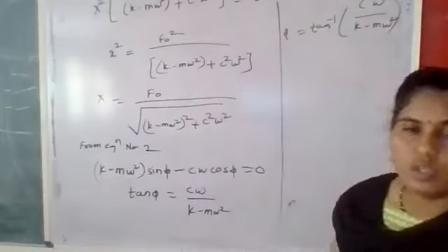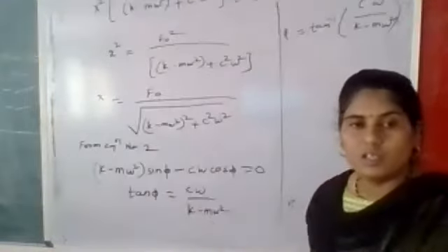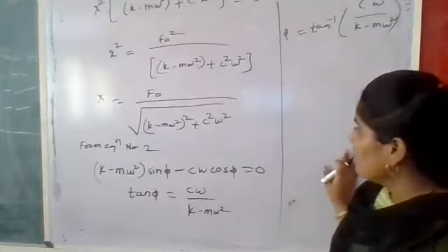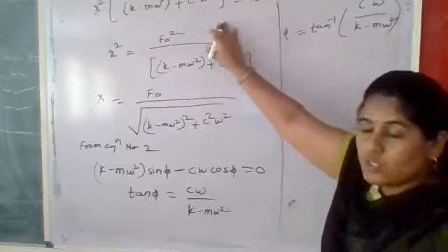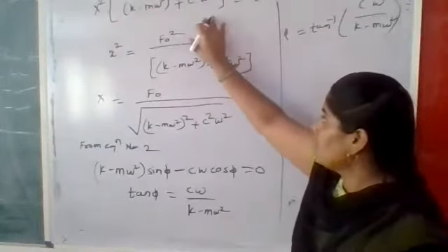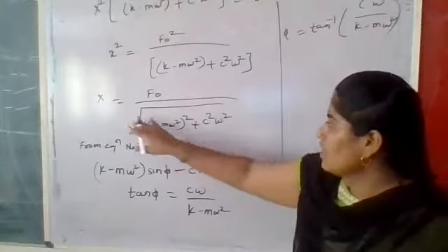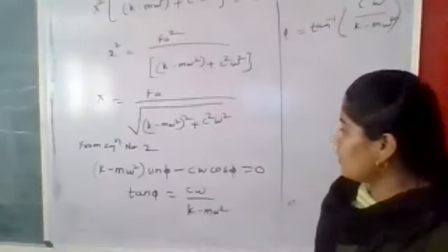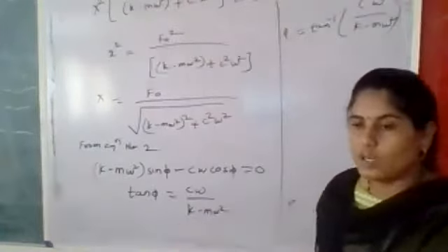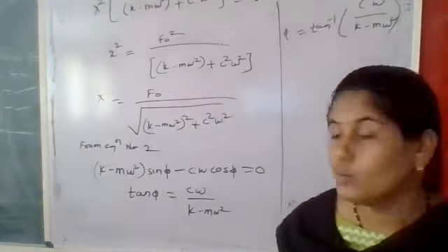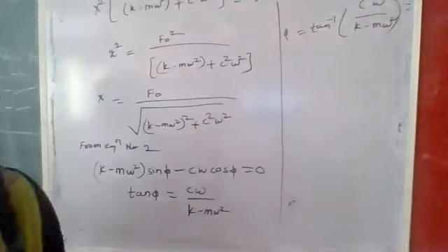If we go for the resolution in terms of the critical damping, we will multiply and divide by Cc. Then we see the next part. We see up to this; all of you write down these points. You write from the first, the last derivation, the last equation from the last lecture. Afterwards we take the roots on both sides, and we get the answer for X, that is the amplitude X. After that, equating equation number 2 to 0, we get the value of phi. So you can write this, and now we have to convert this phi value and the X value in terms of zeta. Okay, so you can write this and wait for 2 minutes.